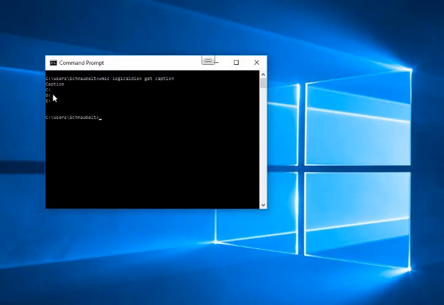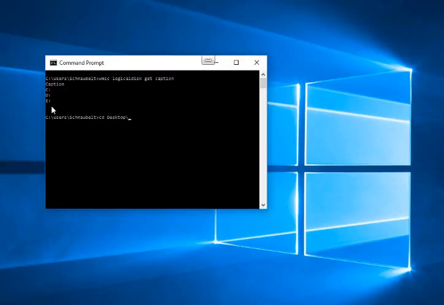C is normally the local hard drive on that computer. D is usually the disk drive or a DVD drive, CD drive, so on and so forth. And then we notice I have E here, which I can assume, or I already know, but if I'm looking in the command line with these three, I can say it's safe to assume that E is that flash drive. So from there, in the previous